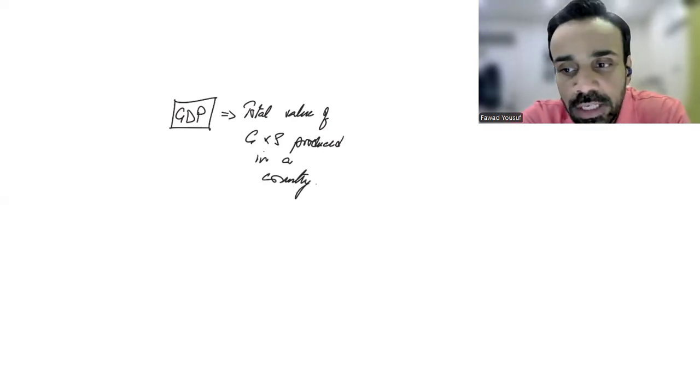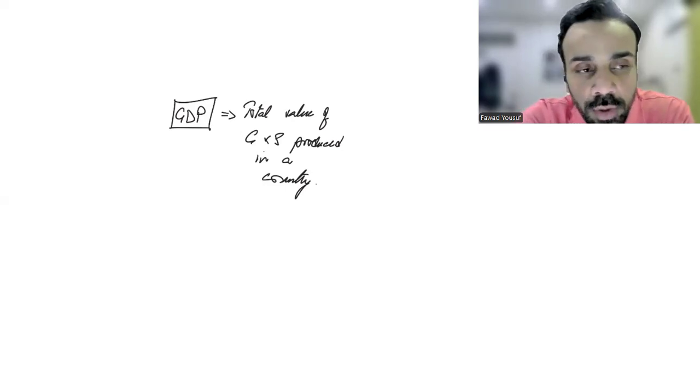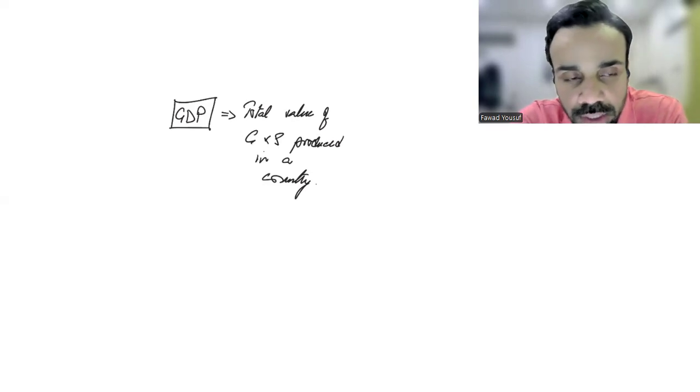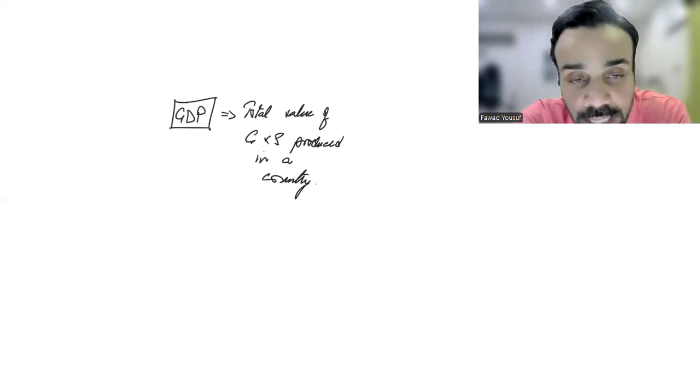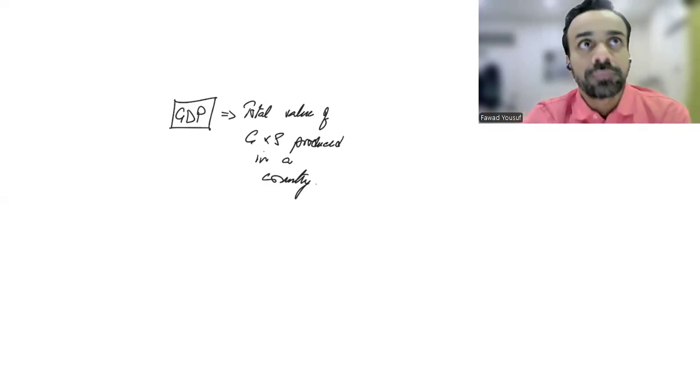अब ऑब्वियसली जो भी चीज मुल्क में बन रही है, पाकिस्तान के अंदर प्रोड्यूस हो रही है, it's definitely not all Pakistani resource or the money. Sometimes foreigners set up multinationals in Pakistan and they produce goods and services in Pakistan. तो वो पाकिस्तान की जीडीपी में इंक्लूडेड होती है.